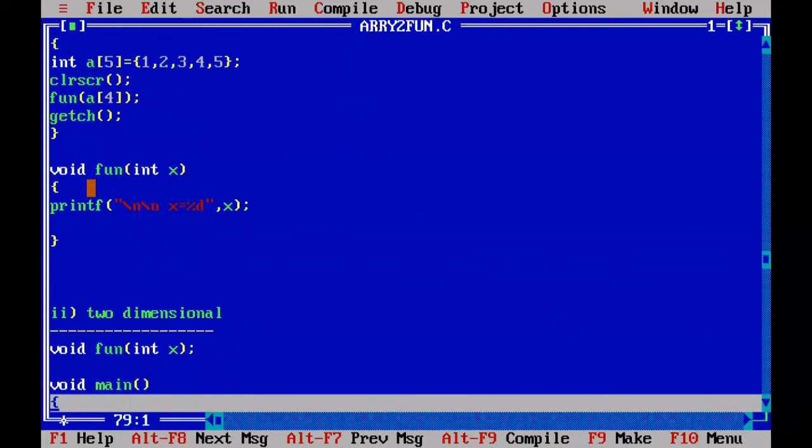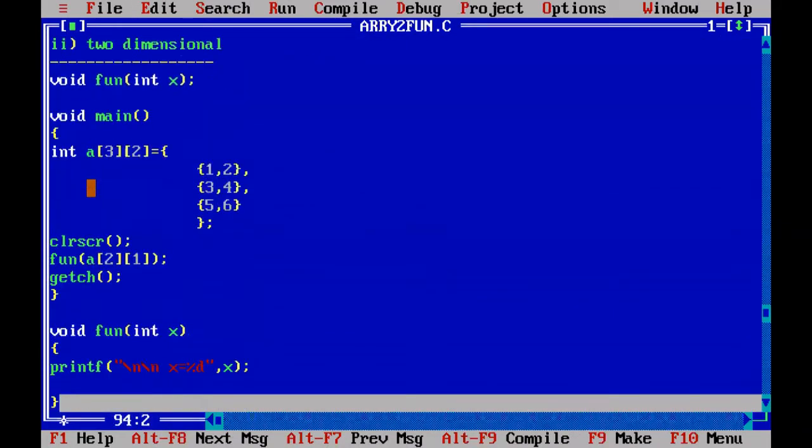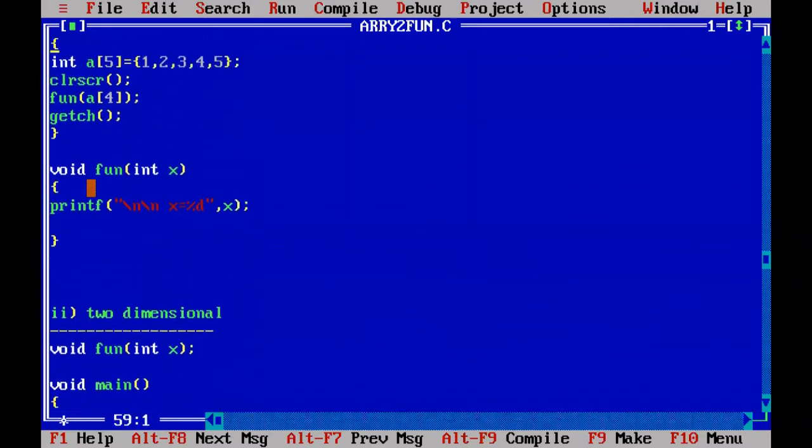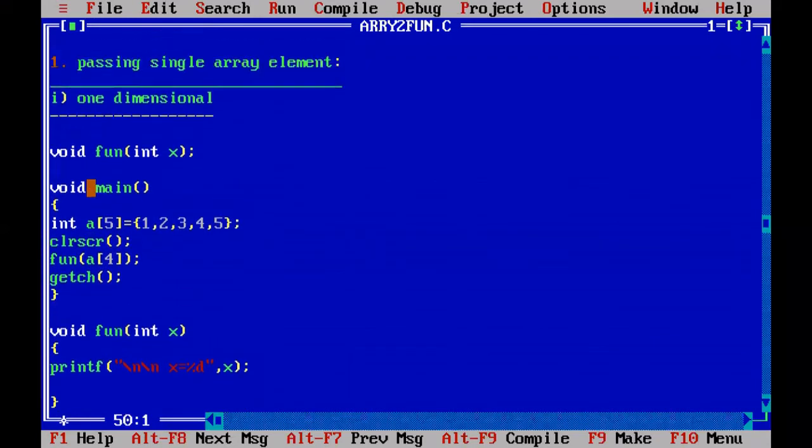Deselect everything, and make it as the second point, passing not a single array element, whole array elements.